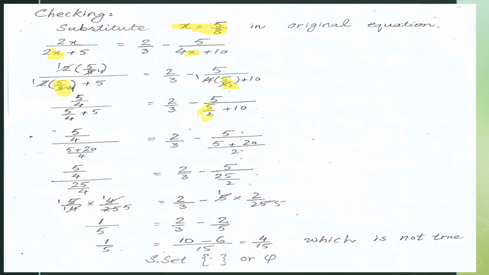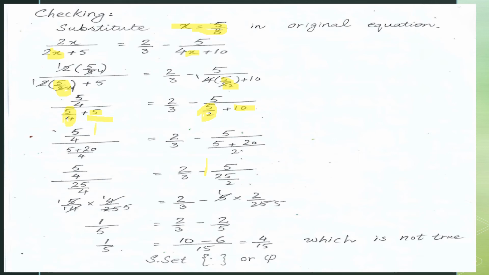When you keep the value, it will be cancelled by 2 in the first expression, and in the second expression on the other side it will be cancelled by 4, and then you get on the left hand side 5 over 4 over 5 over 4 plus 5. So you need to do the LCM. When you take the LCM, you know that 5 plus 20 over 4. On the other side, the right hand side, there is 5 over 5 over 2 plus 10, and then you see there is division over division, meaning there are two divisions.